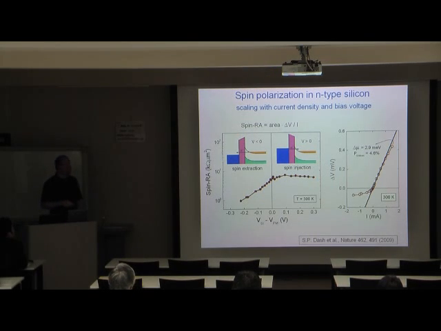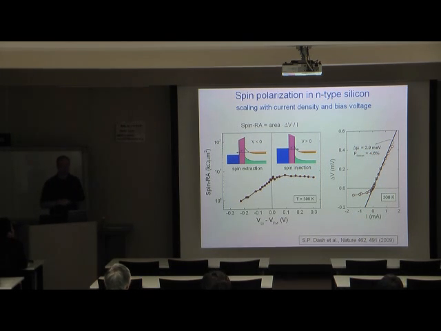as is expected. However, we see that if we go to the opposite bias polarity, which corresponds to the extraction of spin polarized electrons, so we extract one spin preferentially, obviously that also polarizes the remaining spins in the semiconductor, so we do get a non-zero spin accumulation also for this polarity, but it deviates from the linear behavior. This is something that we frequently see, and at this moment we don't understand this very well.